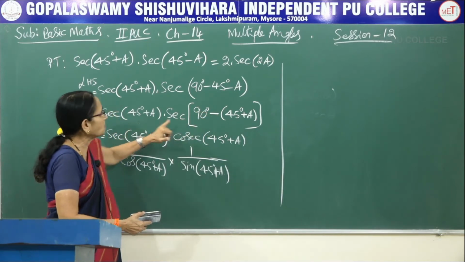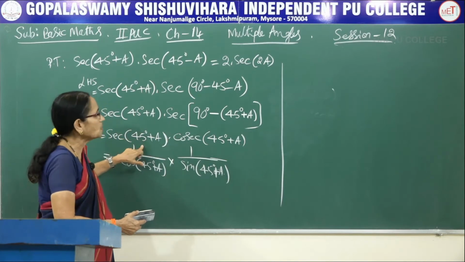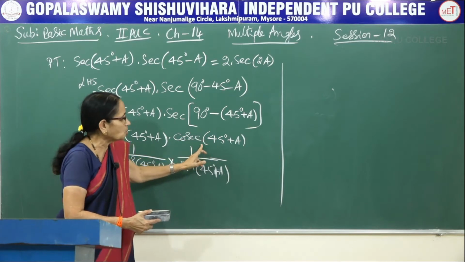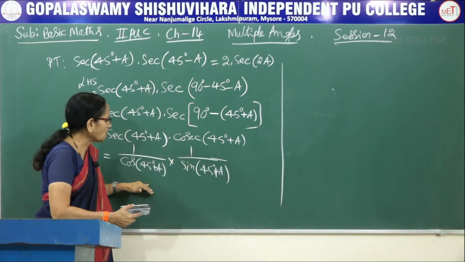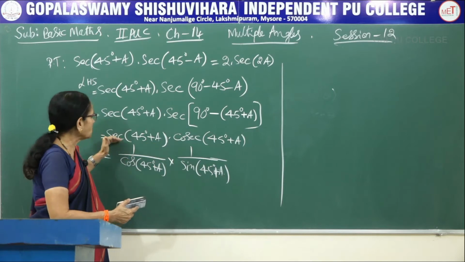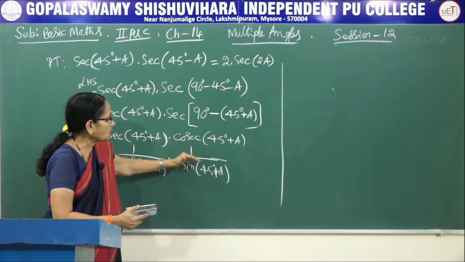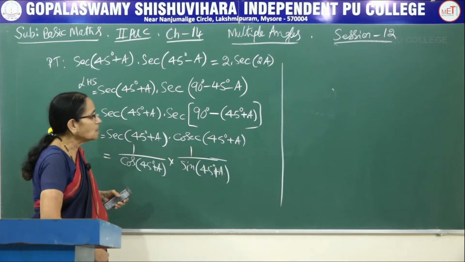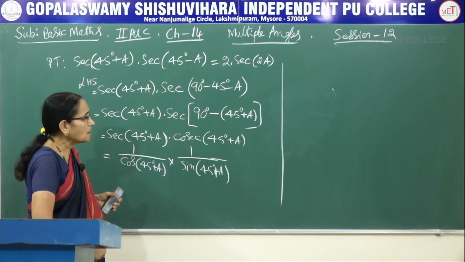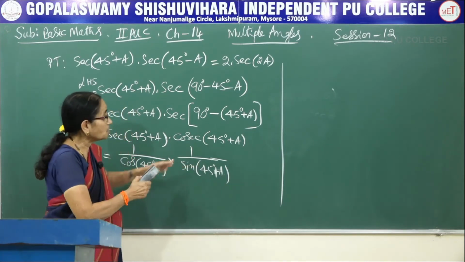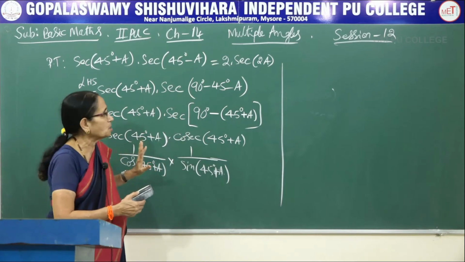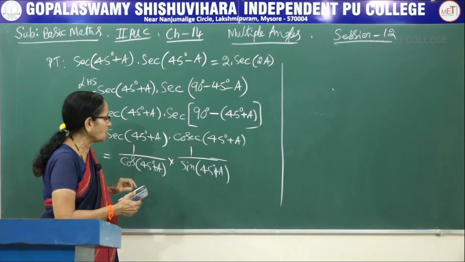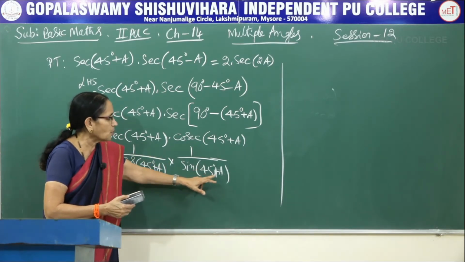The idea is to have the same angle here. Now keeping the first one as it is again, secant 90 minus theta is cosecant theta, that is cosecant 45 plus a. In the second step, I have written the reciprocal ratios. Secant is 1 by cos theta, cosecant is 1 by sin theta. So the same angle in the place of theta, I am having the angle 45 plus a. Now, again, the concept of the multiple angle comes into the picture. That is, you know that sine of 2a is 2 sin a into cos a. Look here, in the place of a I am having 45 plus a.